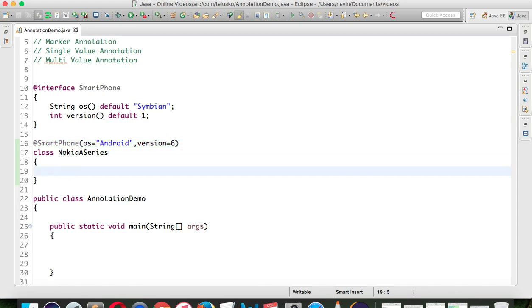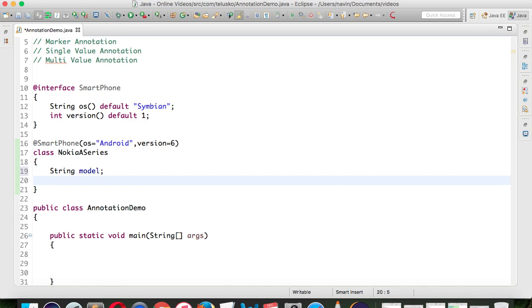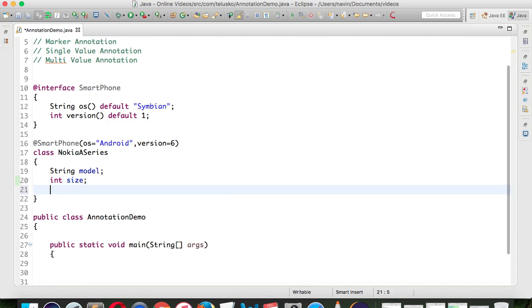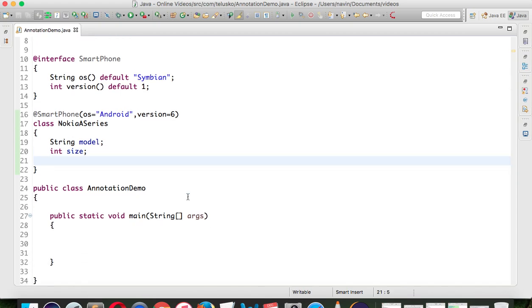So what we'll do here is let me create a variable here. Let me create two variables. One is string model name and what else? Let me have int screen size. Okay, let's have these two variables here, and we can assign the value to it with the